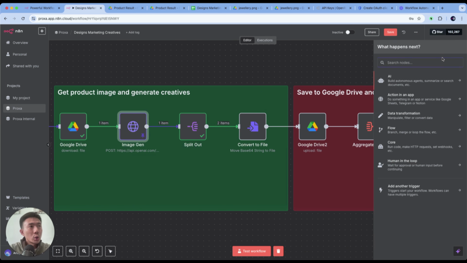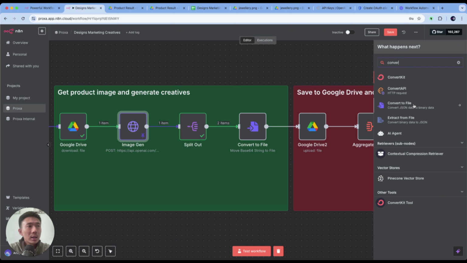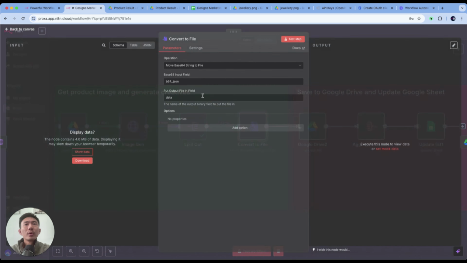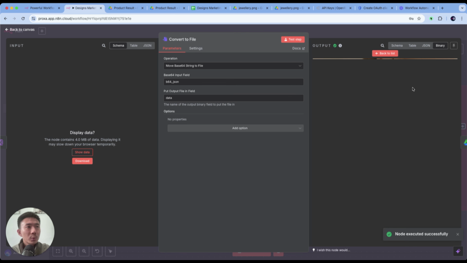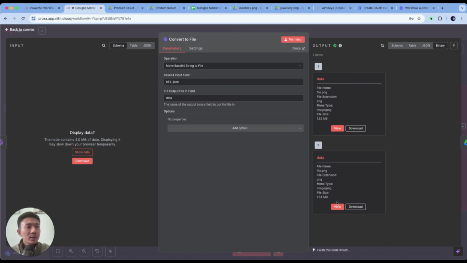Next node, we are going to add Convert to File. We will choose Move Base64 String to File as the operation, and then b64_json under this Base64 Input Field, and for Put Output File in Field we choose data. And click Test step. All right. Okay, so we can see two files. This is the first one, great. The second one,